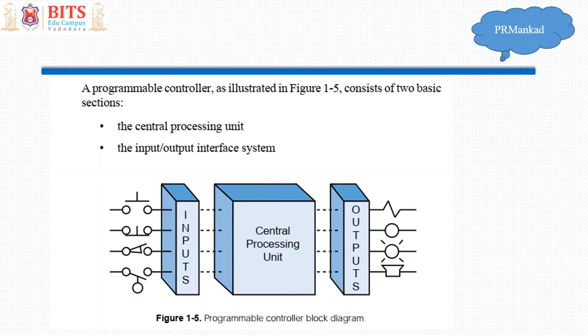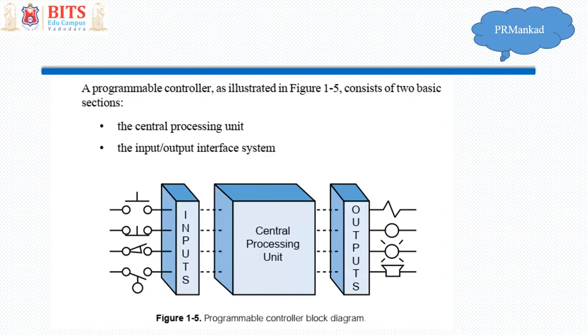Now inputs are generally the status of switches or process variable information which is extracted by sensors, right? So the information from various push buttons, limit switches, sensors or process variable data is input to the PLC, which is to be processed by the central processing unit. Whatever inputs are received are processed as per the program written by the user, and accordingly outputs are updated.